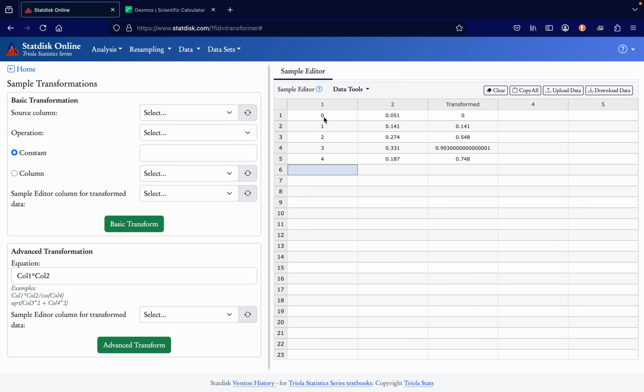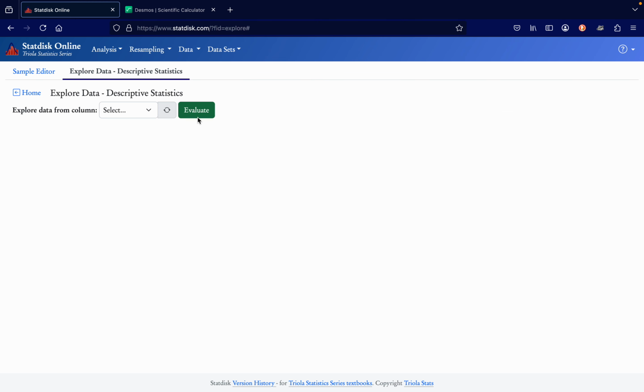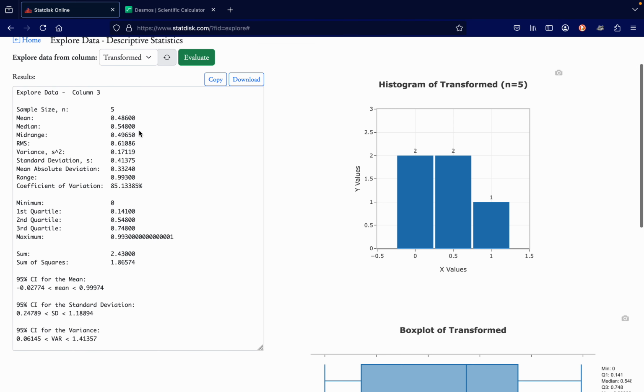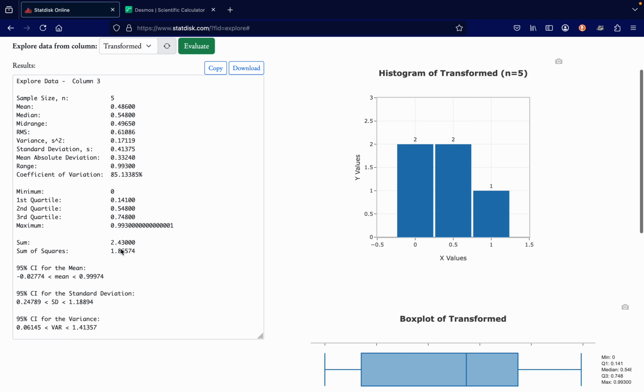And so you can see here, this is 0 times 0.051, and this is 1 times 0.141, and so on. What we want to do is find the sum of these numbers to find the mean. So then we go to Data, Explore Data, and then go to the Transform column, click Evaluate, and you want to ignore these parts right here, and just look at this sum right here.